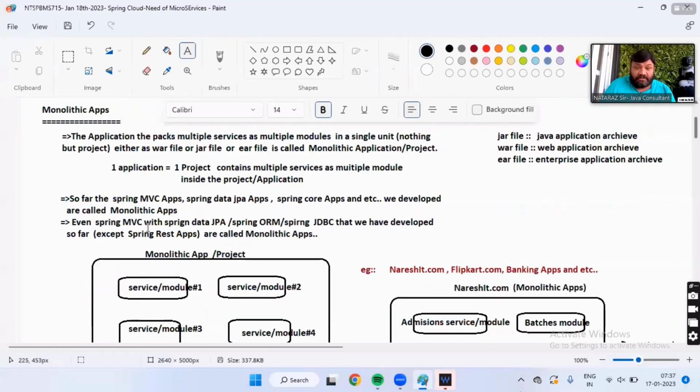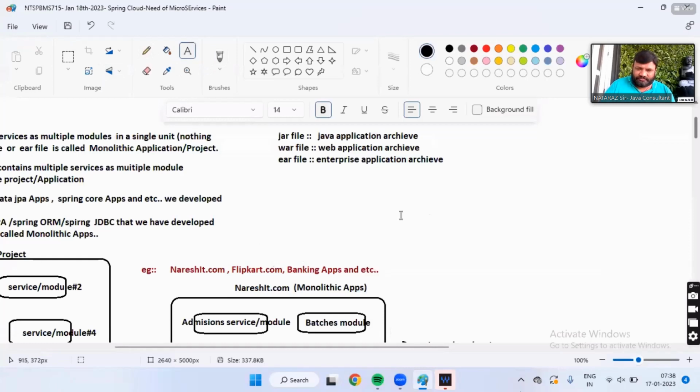Even Spring MVC with Spring Data JPA or ORM, Spring JDBC that we have developed so far, except Spring REST applications, are called monolithic applications. MVC architecture applications are also monolithic applications. Are you understanding my statement?